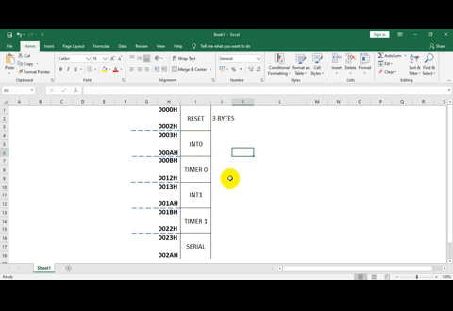Now similarly, assume in a program you are using both the INT0 interrupt as well as the timer interrupt. Whenever an interrupt occurs at the INT0 pin, it will first branch to this ISR address 0003H. From 0003H to 000AH you have 8 bytes.